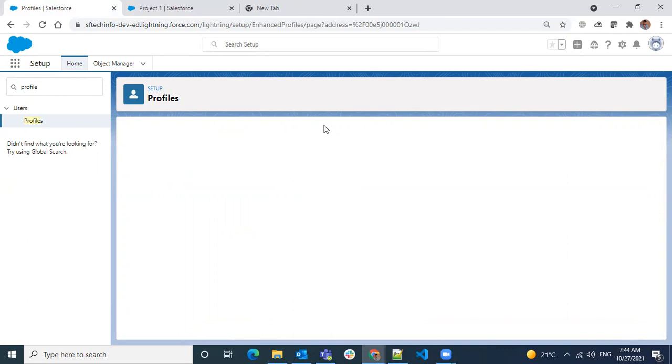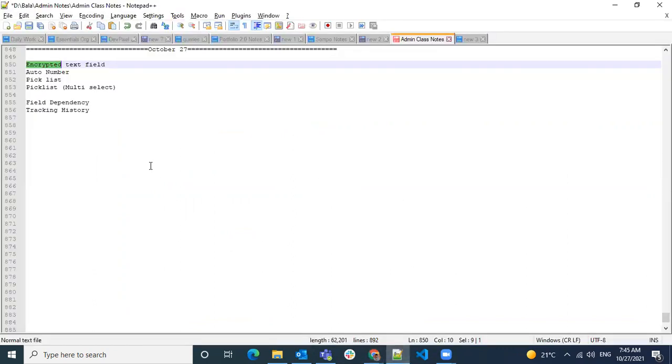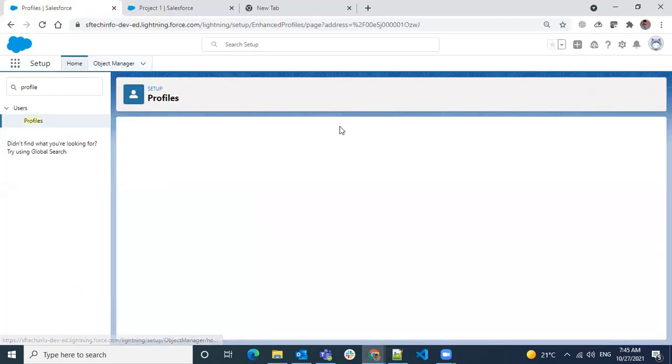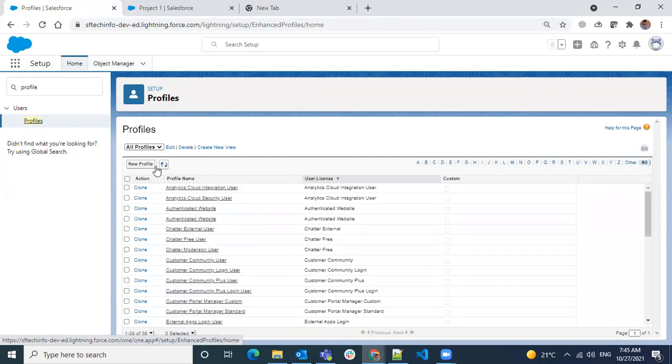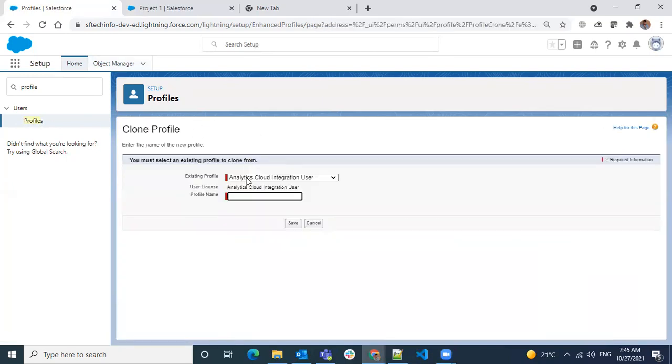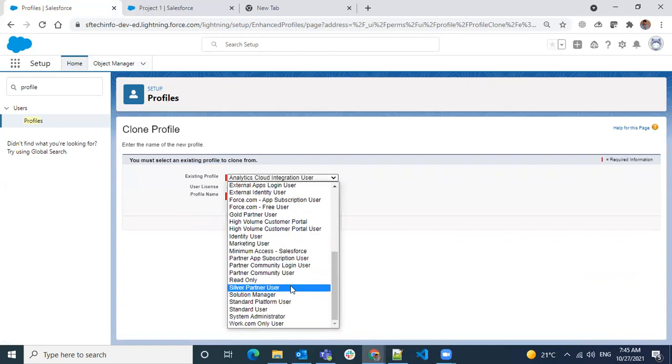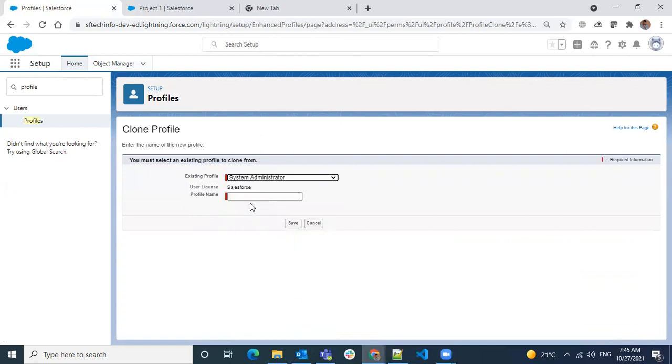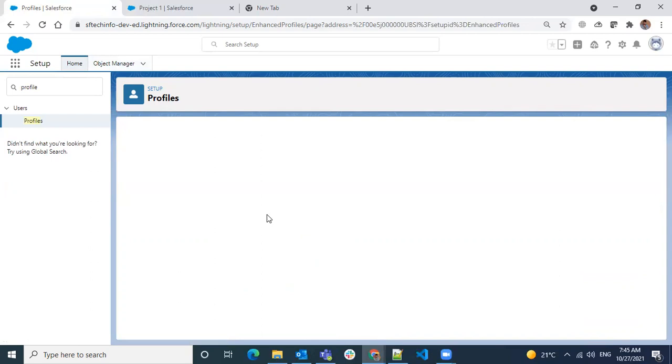I clone the profile, as a new profile. I want to clone it from System Administrator, and this time save it with a different name.